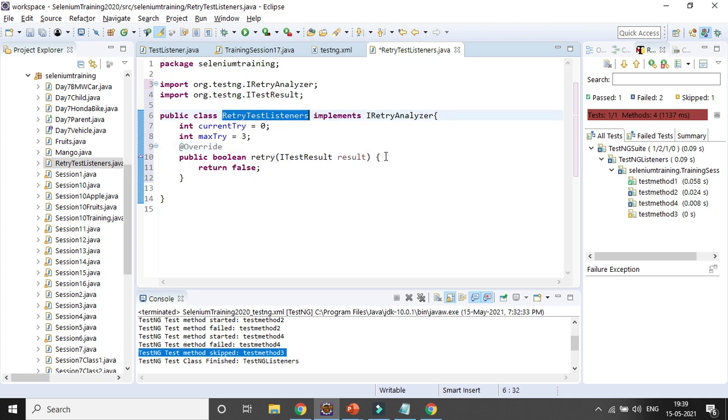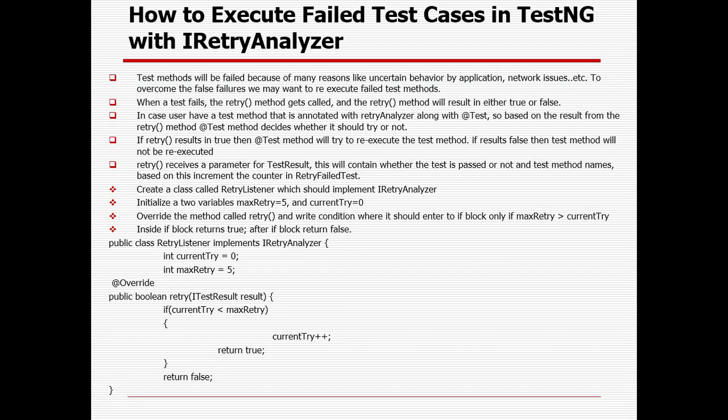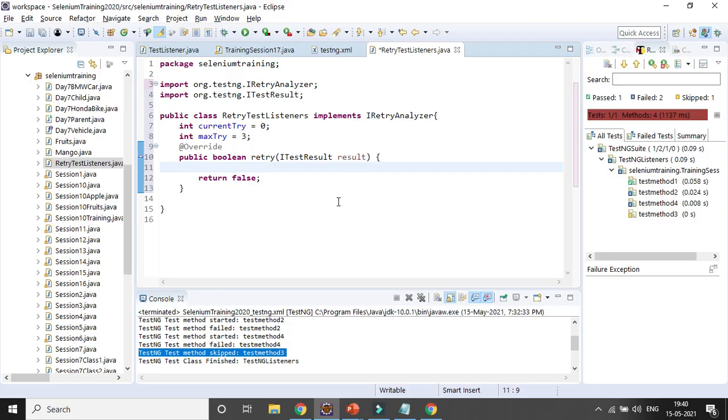Then here, when I want to get the result, I have already given everything, right? So only in case max try is greater will the block be executed, or else not, right? So that is the reason I need to give an if condition. What will be the if condition? Max try should be greater, right? So current try should be less than max try. If it is less than max try, that means max try will always be more than the current try. That is the condition I want to check.